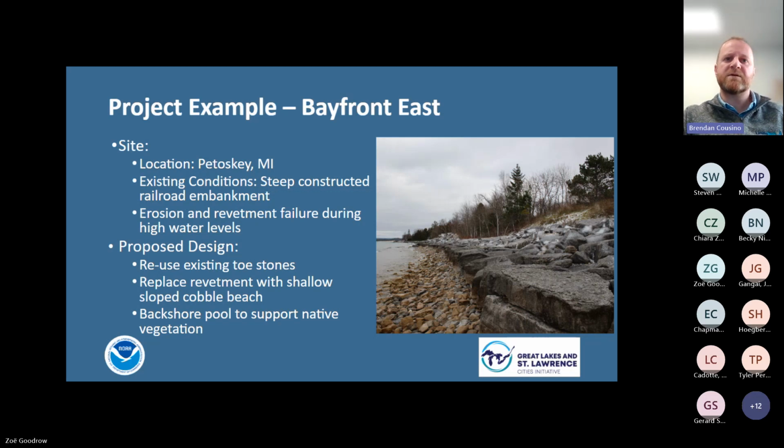And as a part of that, the Little Traverse Wheelway would be relocated further away from the shoreline. And then we would support a backshore pool, which is one of the native geomorphic features that occurs naturally in this area, where the cobbles wash up to a high point, but then there can be wave washover into a more protected area that supports vegetation, and often has dead trees or driftwood washed back in there. That's an important shelter for aquatic shorebirds, as well as terrestrial